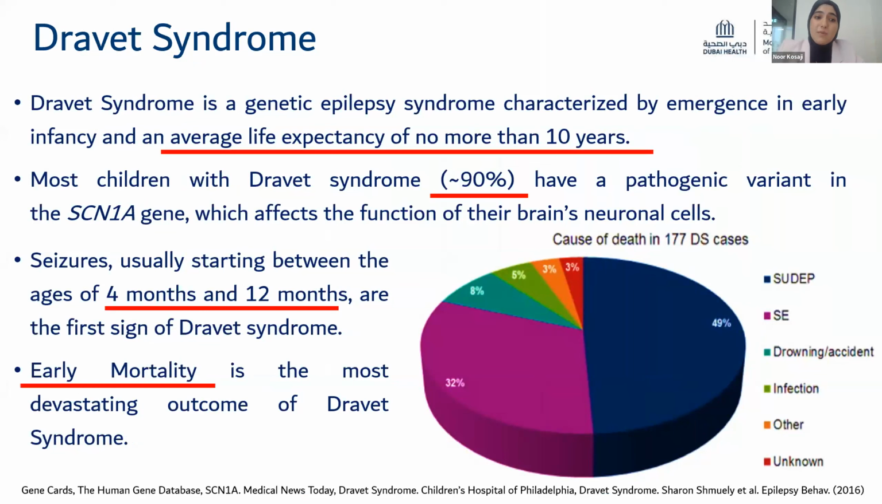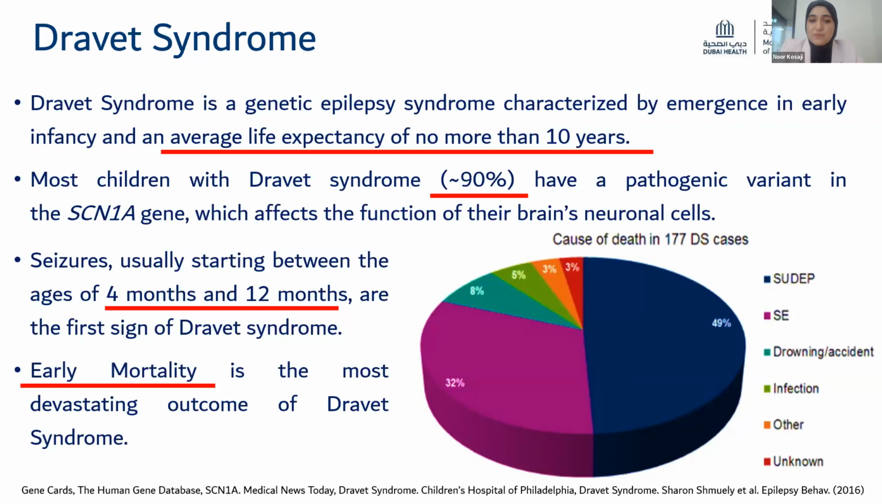Particularly interested in the high mortality rate associated with Dravet syndrome, research has looked at the causes behind it. A 2016 study looked at 177 Dravet syndrome cases to identify the causes behind the death of these patients. You'll see that SUDEP, which is sudden unexpected death in epilepsy, ranked first with 49% of those cases, followed by SE, which is status epilepticus. Those are seizures that last for either more than 5 minutes or that keep recurring without a large window of